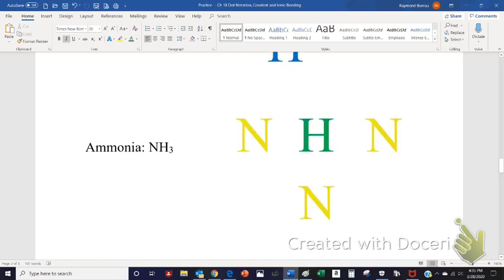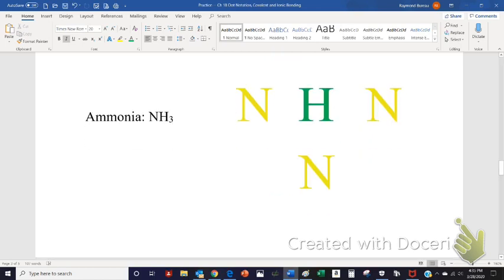All right, let's scroll down some more and see how ammonia works. Do you think it'll be the same or different? It's going to do very much the same thing. All right. Usually I will start with the hydrogen, so I'll go ahead and do that this time. Hydrogen in green. All right, so hydrogen with 1 valence electron